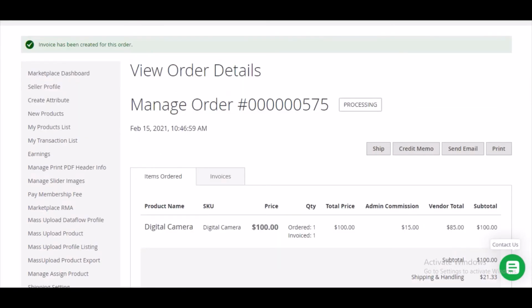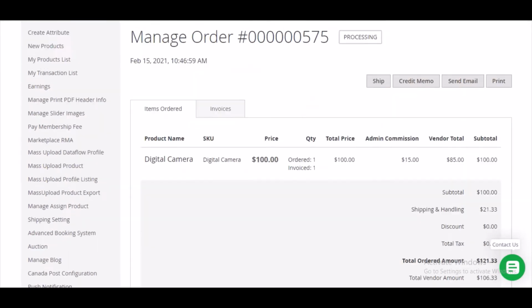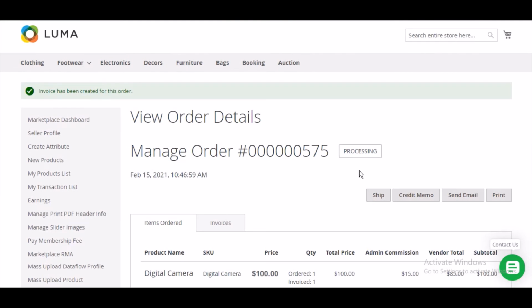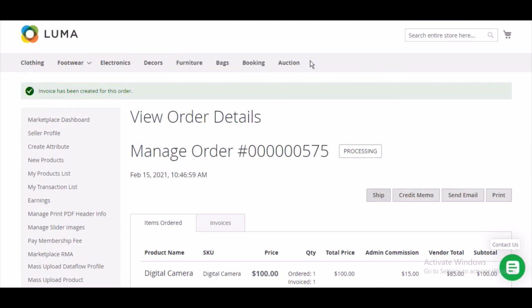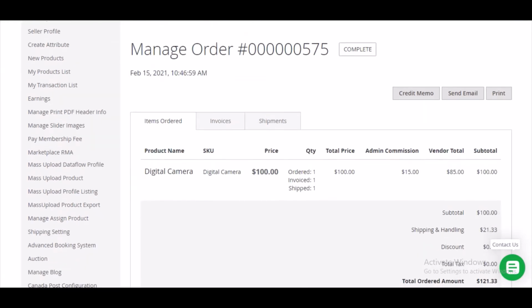Now once I have created the invoice, I want to create a shipment for my order. For that I need to provide a tracking number. This is a required field. After providing the tracking number, I will click on the ship button, and here my shipment will be created. So the shipment has been created. Here you can see that we have successfully created the invoice and shipment for my order. So I will click on invoices,